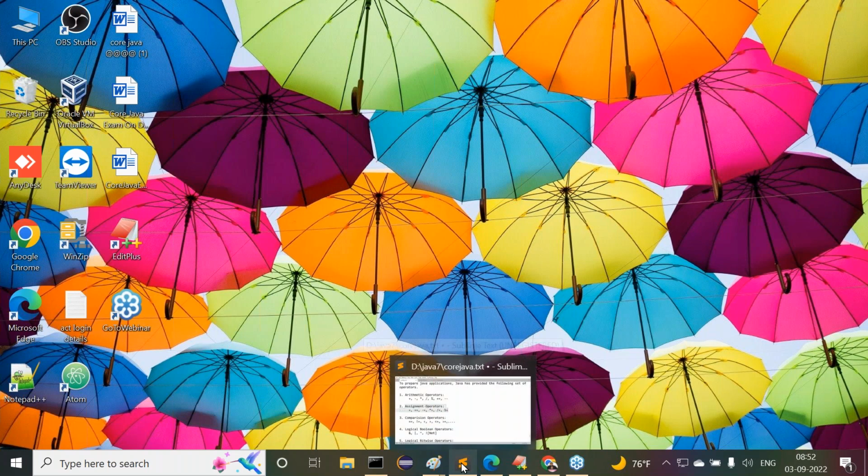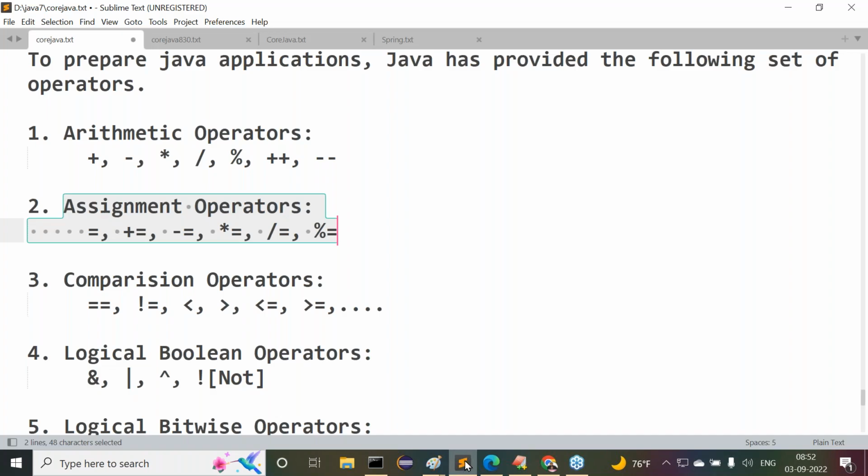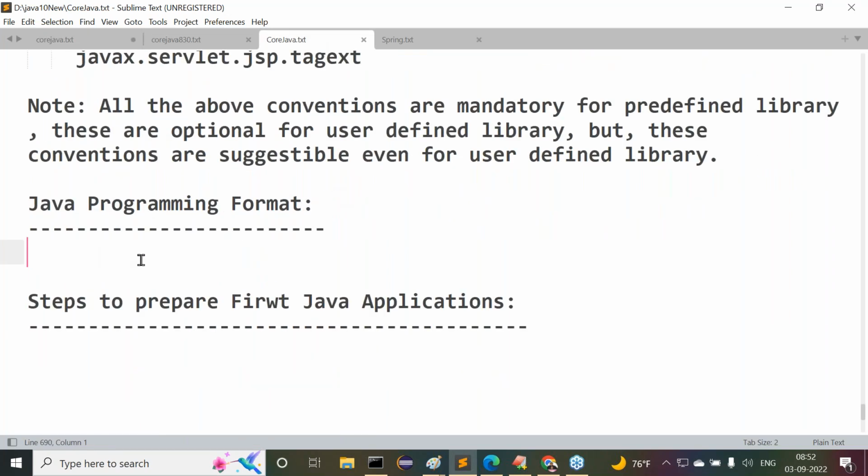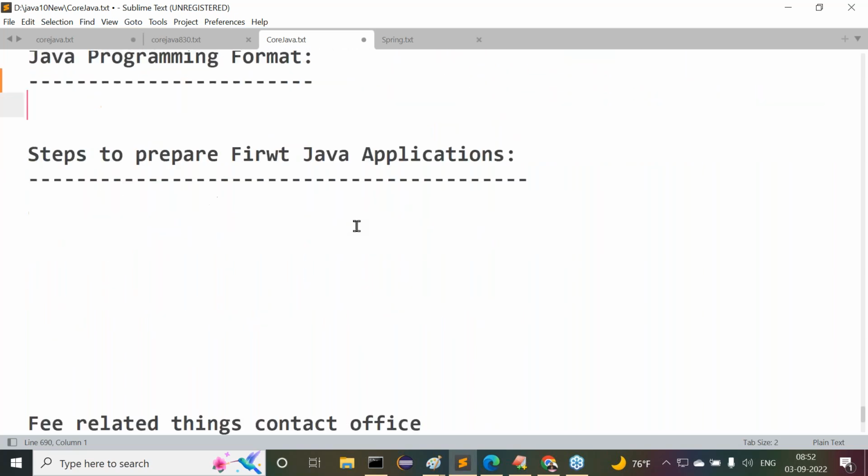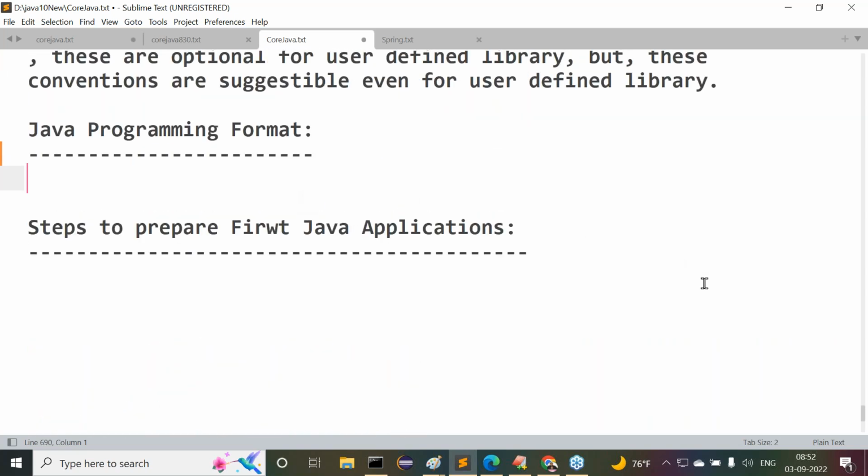All right, good morning, guys. In the last class, we completed the Java naming conventions part. The total Java naming conventions topic is completed. Now, today we are going to understand